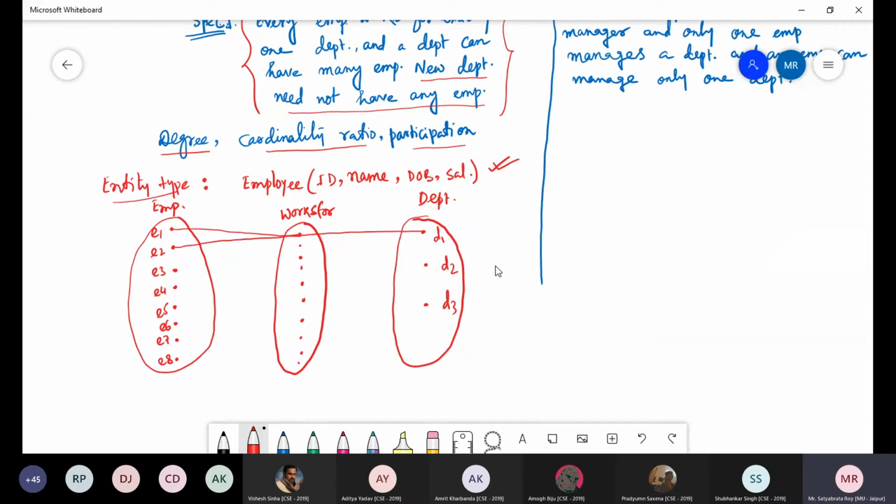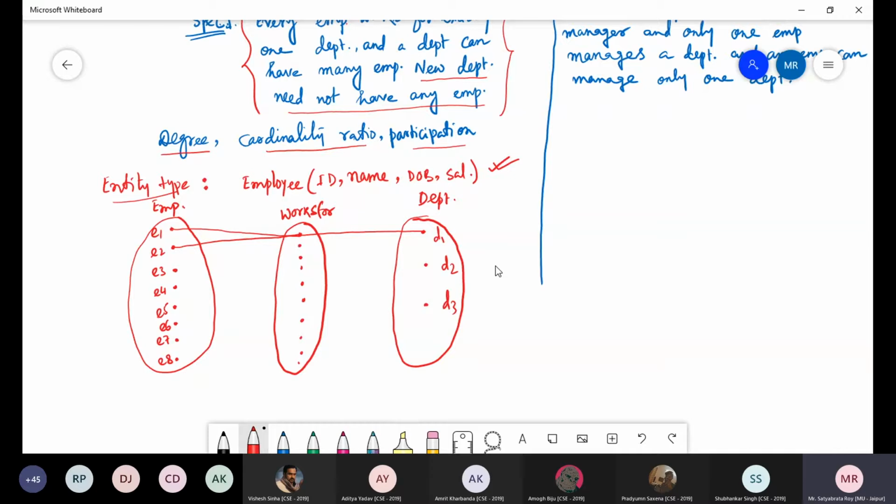E2 also works for the department D1. But here is a mistake. So you cannot connect one single dot of this relationship type with many other instances of a particular entity set. If you want to connect this E2 with D1, then you have to choose another member.